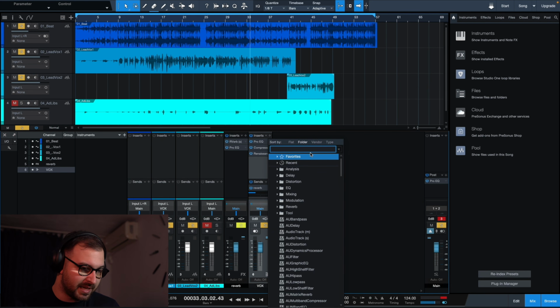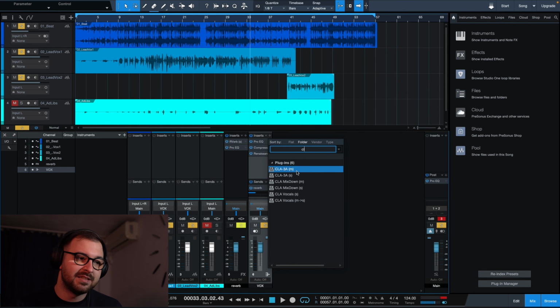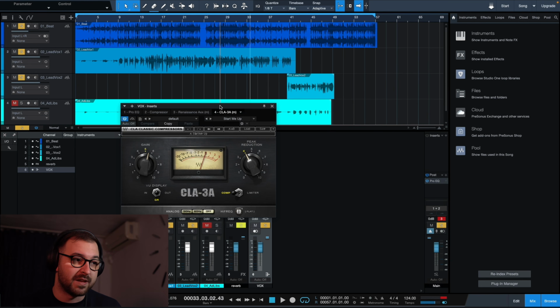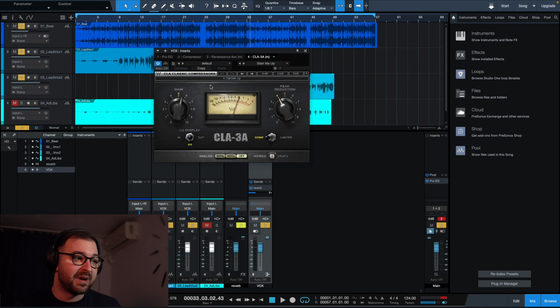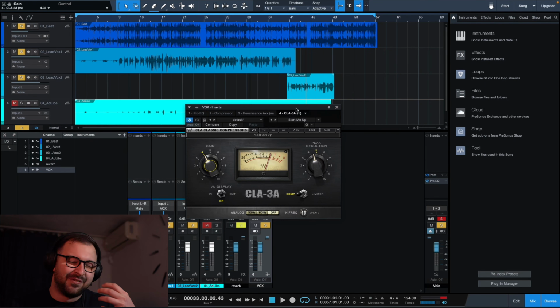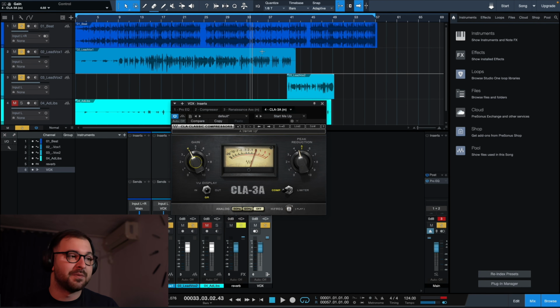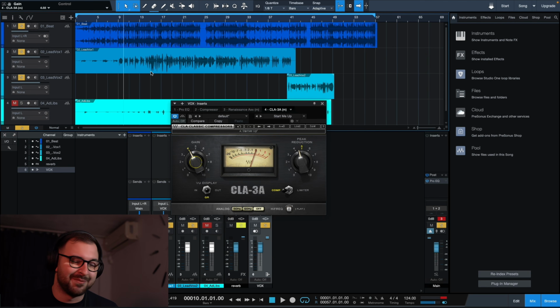So I'm going to add CLA-3A from Waves. I just love this. This is one of my favorite vocal compressors. I discovered it on someone's stream on YouTube who was mixing a hip-hop song live, and he just pops this out and tweaks a bit the gain and the peak reduction, and suddenly the voice sounds so good and so nice, and the vibe of it is just something different. You'll see what I mean. So I will apply it here and I'll let you hear the difference. It will give such a nice vibe.